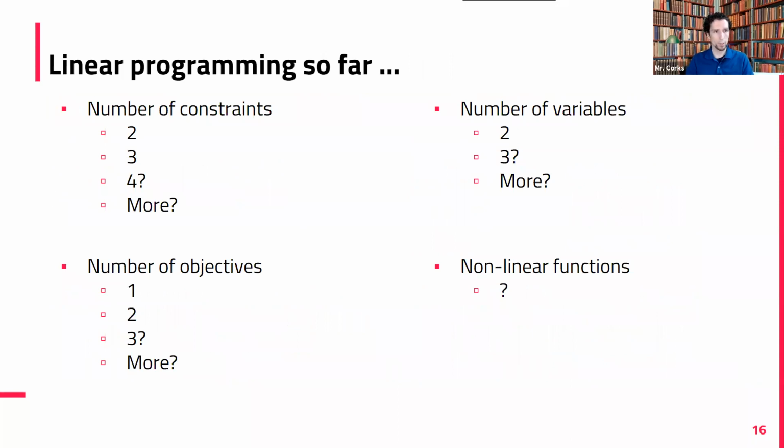Okay, so let's just do a little kind of summary discussion about where we got to with linear programming. So we had problems with 2 constraints and we had problems with 3 constraints. If we had a problem with 4 constraints or more, 5 or 6, those would still be possible. We'd have our 2-dimensional graph, but we would have a few more constraint lines, so our shape might be a little kind of more complicated, a few more corners.